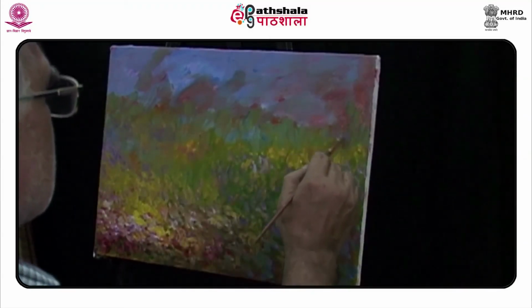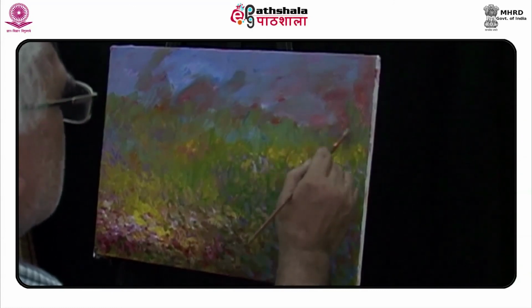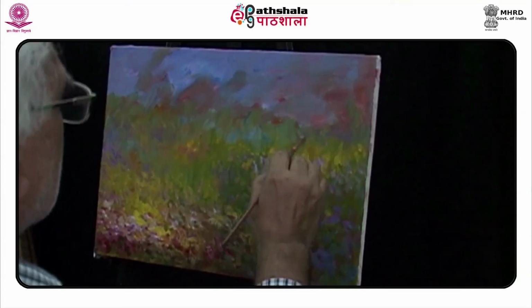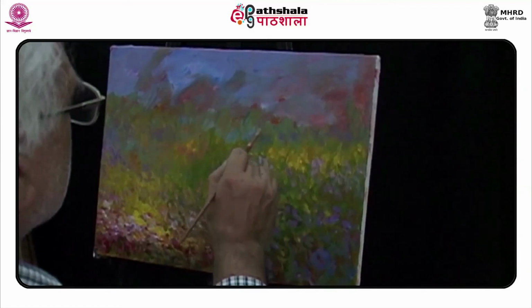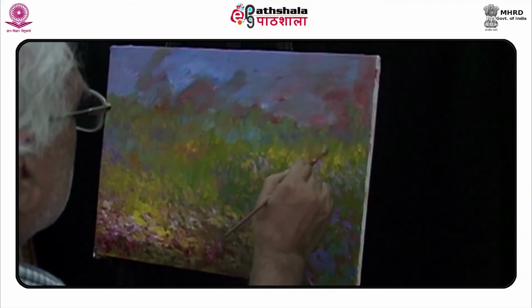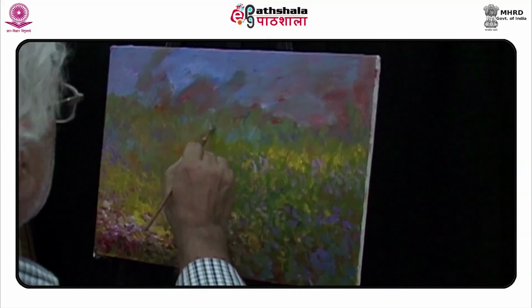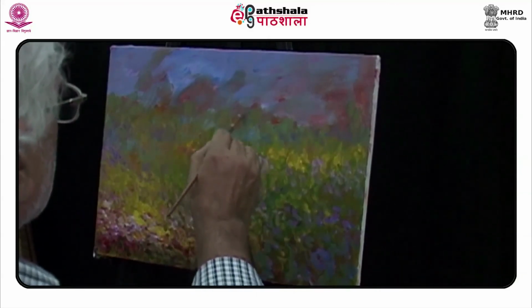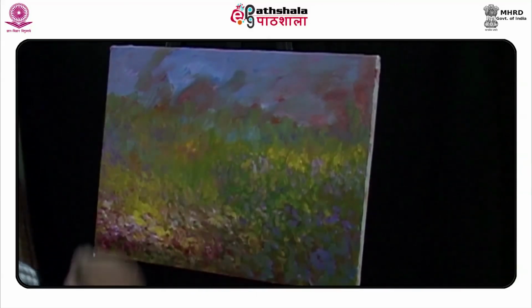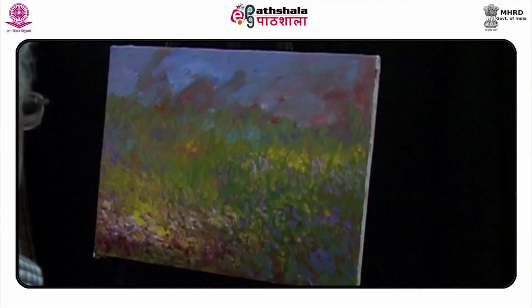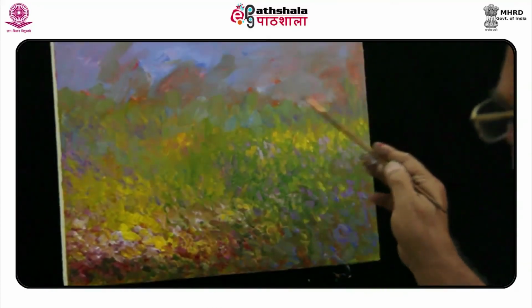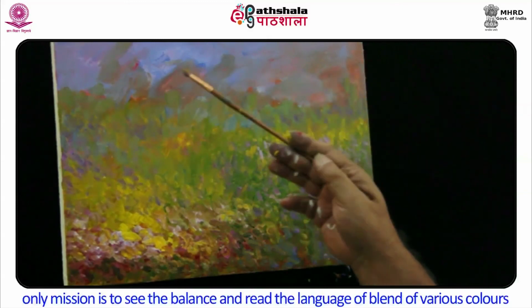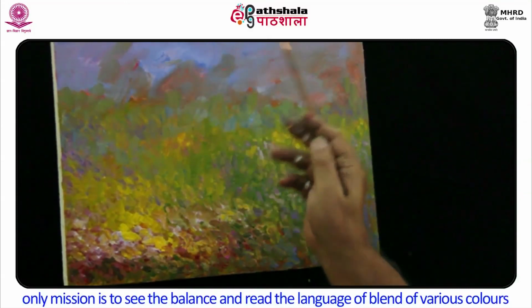It is just a play of colors by the artist. One had to follow the color schemes, but finally, only mission is to see the balance and read the language of blend of various colors.